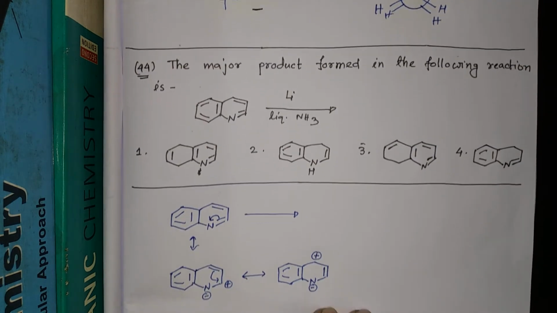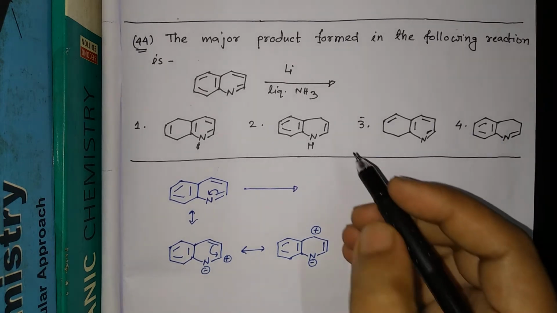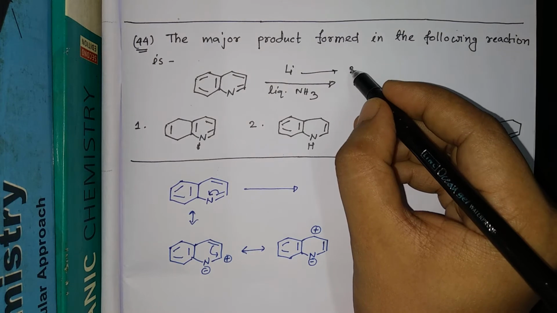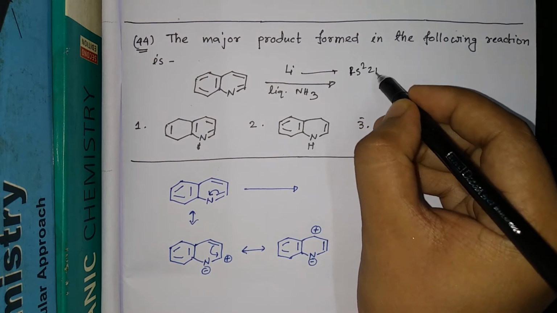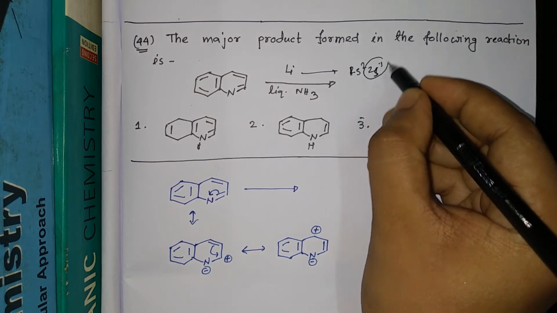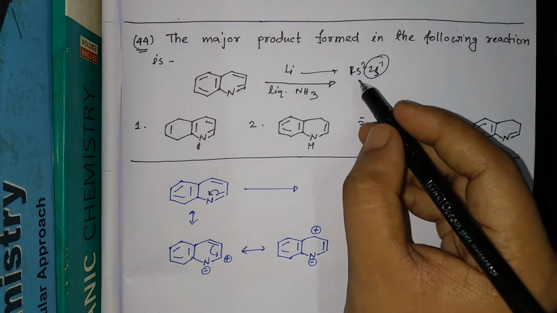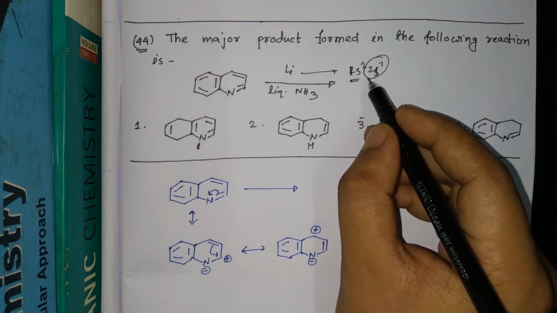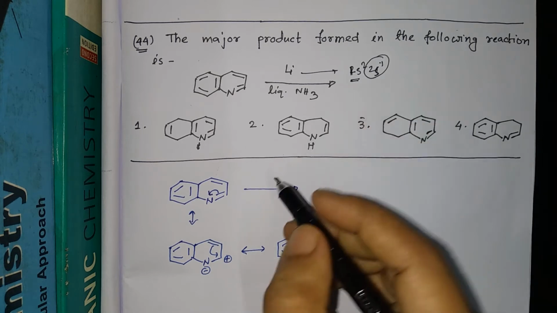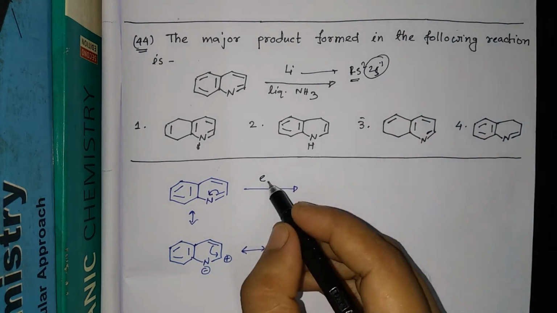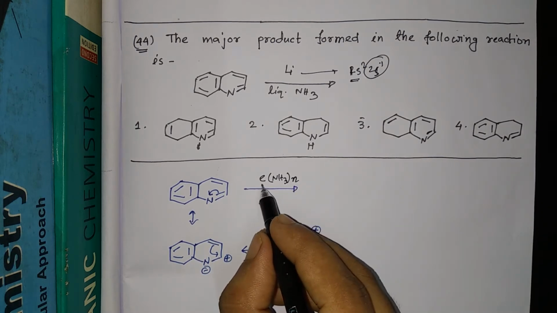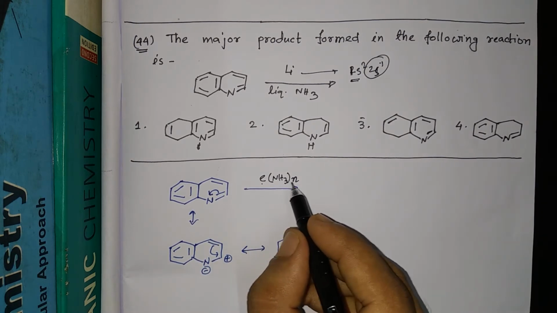Now we will come to the next question. This question is from the Birch reduction. Here lithium is given. Lithium has the electronic configuration 1s2, 2s1. This 2s1 electron is somewhat free, and it can be donated to get the nearest noble gas configuration. So this electron will come out, and the ammonia will surround it, so it can be represented as e(NH3)n.